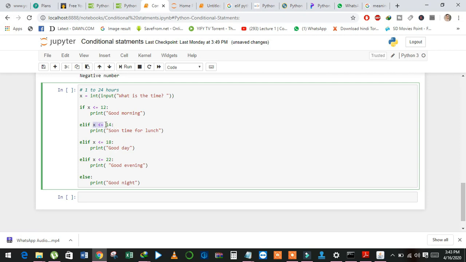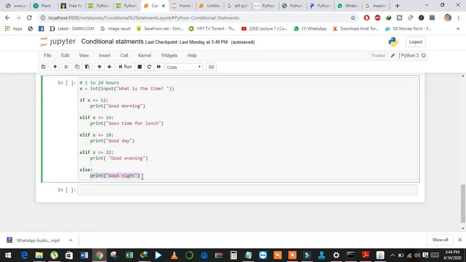If x is less than 14, then print time for lunch, and then again elif, if x is less than or equal to 18, then print good day. Then again elif, x less than or equal to 22, then print good evening, and in the else part print good night.